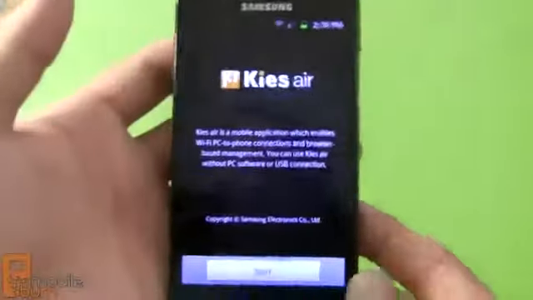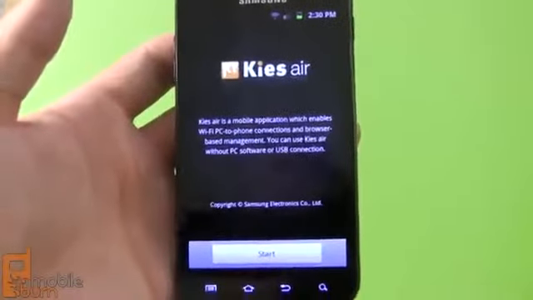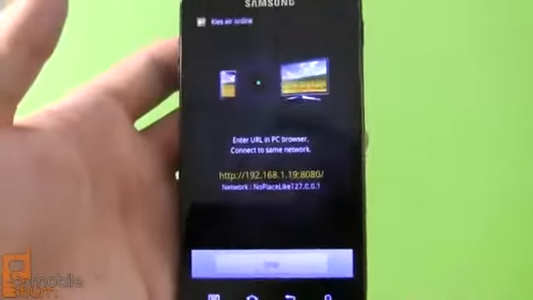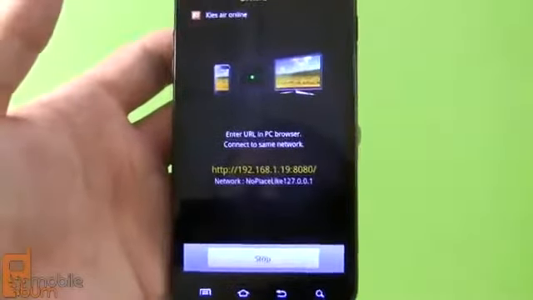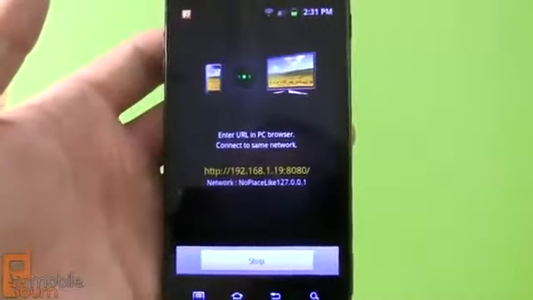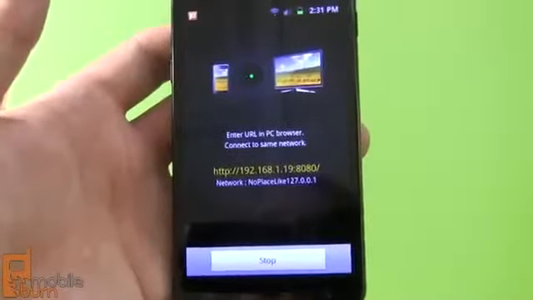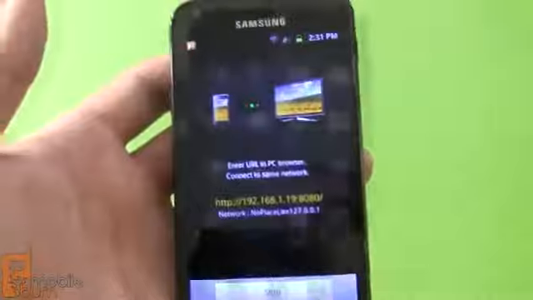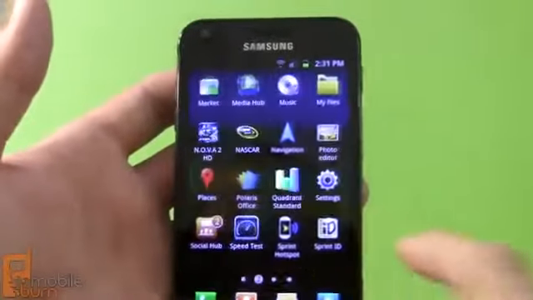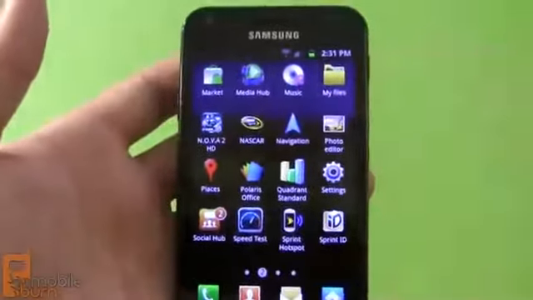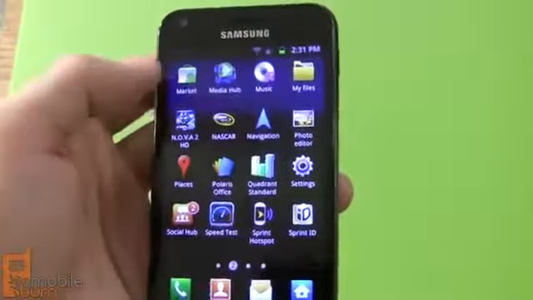What it allows you to do is access the files on your phone wirelessly from a computer if you're on the same Wi-Fi network. And you can see here it gives you a URL that you can enter, and you can browse the various files that you have on the phone, so you don't have to plug in the phone to your computer with a USB cable. Standard Android applications there. Then we've got Samsung's Media Hub, Samsung's Music File, Nova 2 HD is included, Sprint's NASCAR